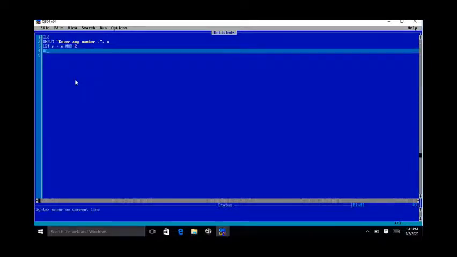Now we have to evaluate this by using the if then else statement. If r is equal to 0, as I told you that if the remainder is 0, it means that n is an even number.